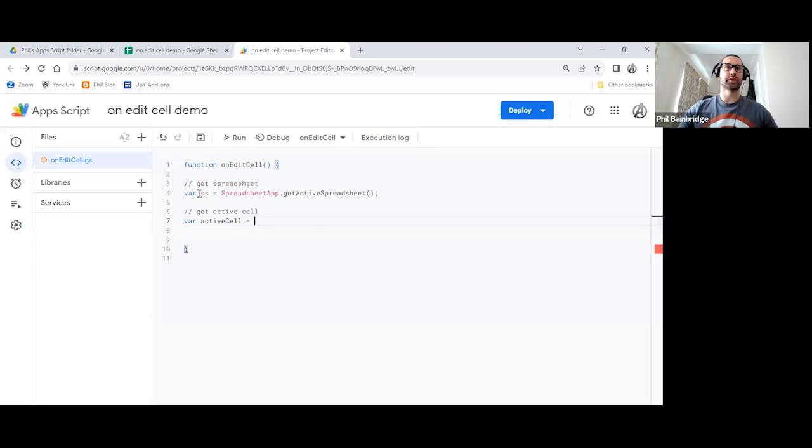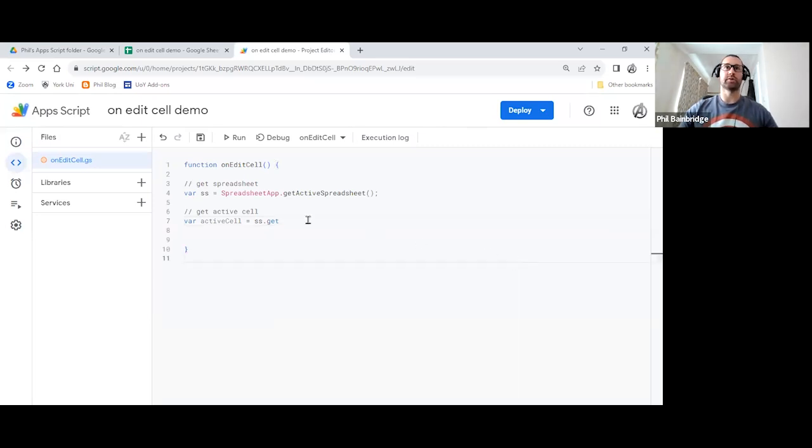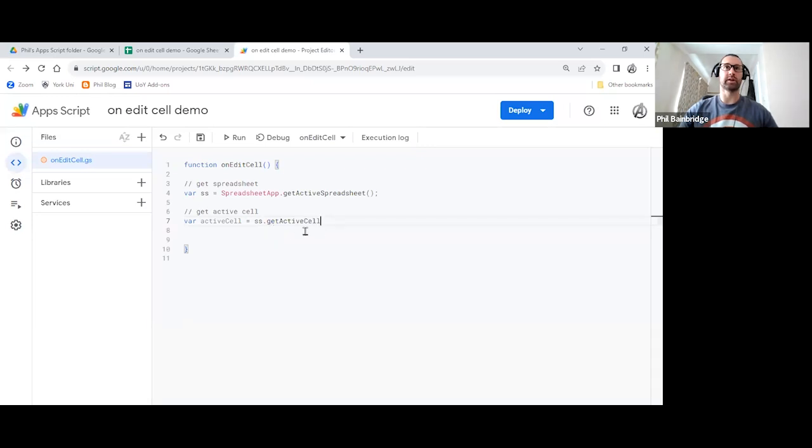So we've got the spreadsheet stored in a variable called ss on line 4. So if I do ss, full stop, and what we want is getting something. So if I start typing get, and it's just slightly cut off a bit, if I just stretch the size of the box there, you'll be able to see getActiveCell is the top option like so. So capital A, capital C. Again, open and close your brackets, semicolon. We don't need to type anything in here at this point, but hit save when you're ready.